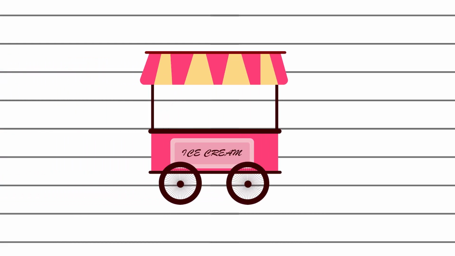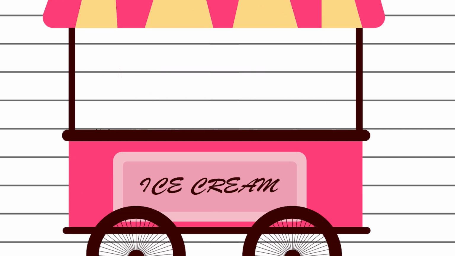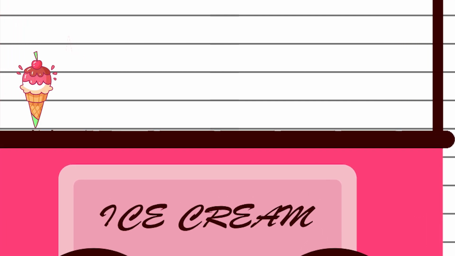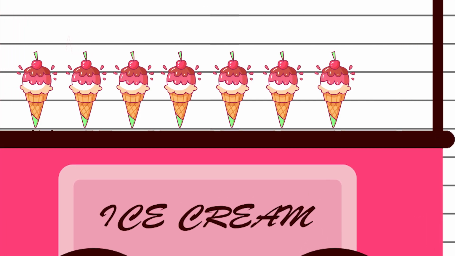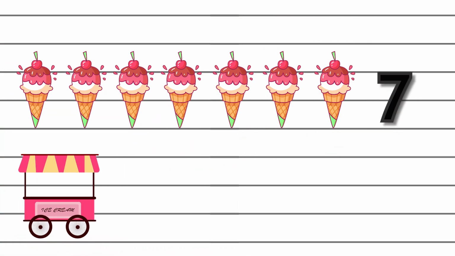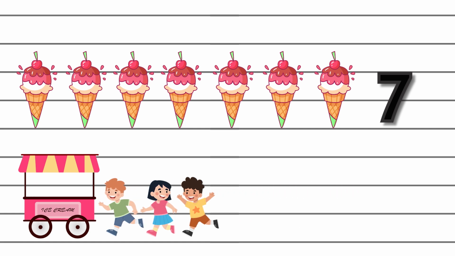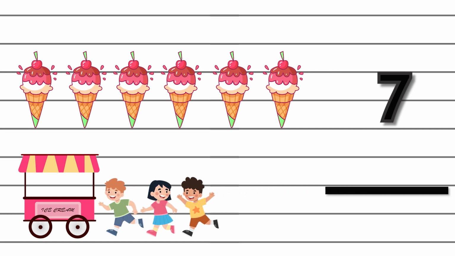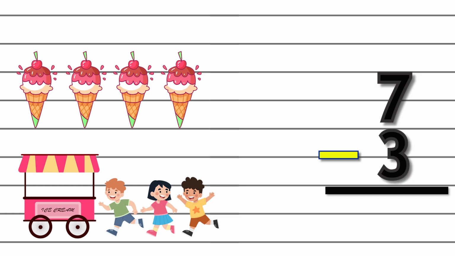Let us take another example. There is an ice cream cart. Now let us see how many ice cream cones are available. Seven pieces of cone are available. Three pieces of cone are sold. Let's check the remaining. Yes, the remaining balance is